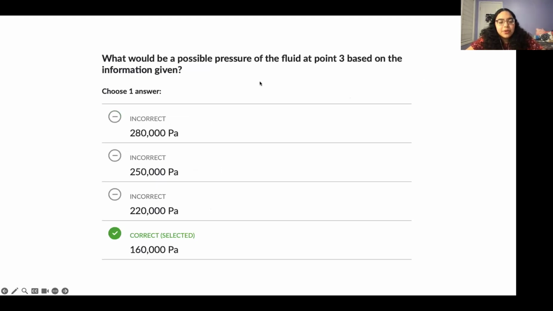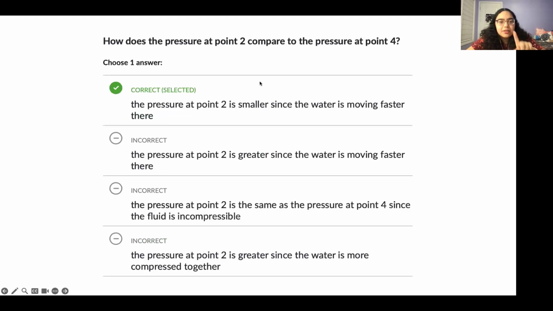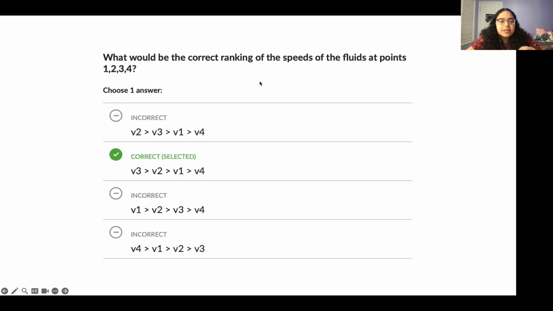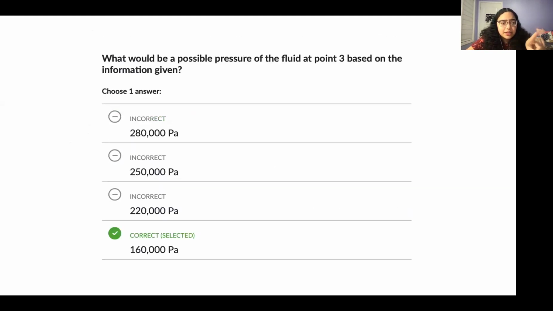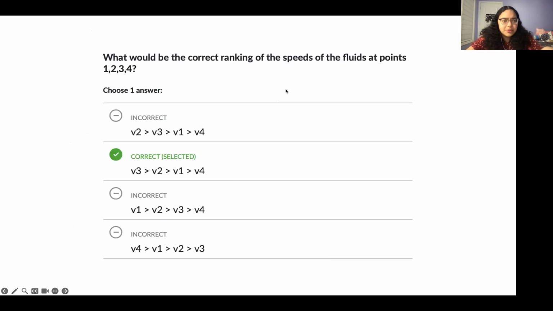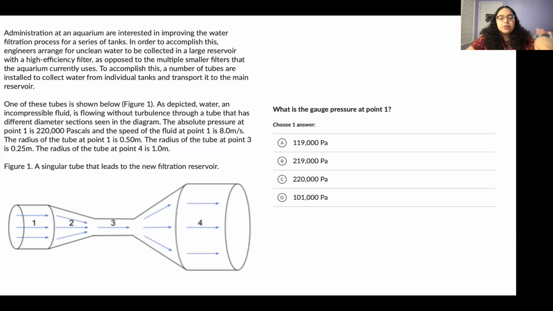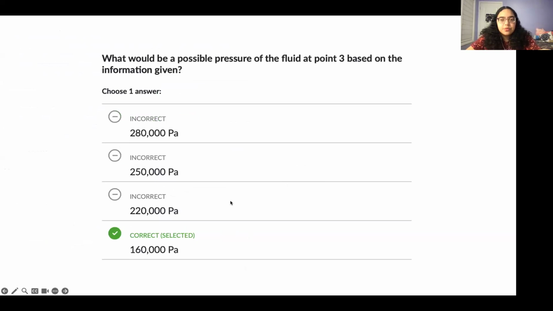Possible pressure at the fluid for point 3. So this kind of ties back to this question as well, in the sense that for point 3, you're going the fastest, so it's going to be a larger speed and hence a lower pressure because again, same height. As speed increases, pressure will decrease. And so for that, you would get the lowest number here. Not just the lowest number, actually, the only one that's lower than pressure 1, because pressure 1 was 220. So 220,000 pascals is the same as pressure 1. You'd have to be lower than that. So that would be the 160,000.